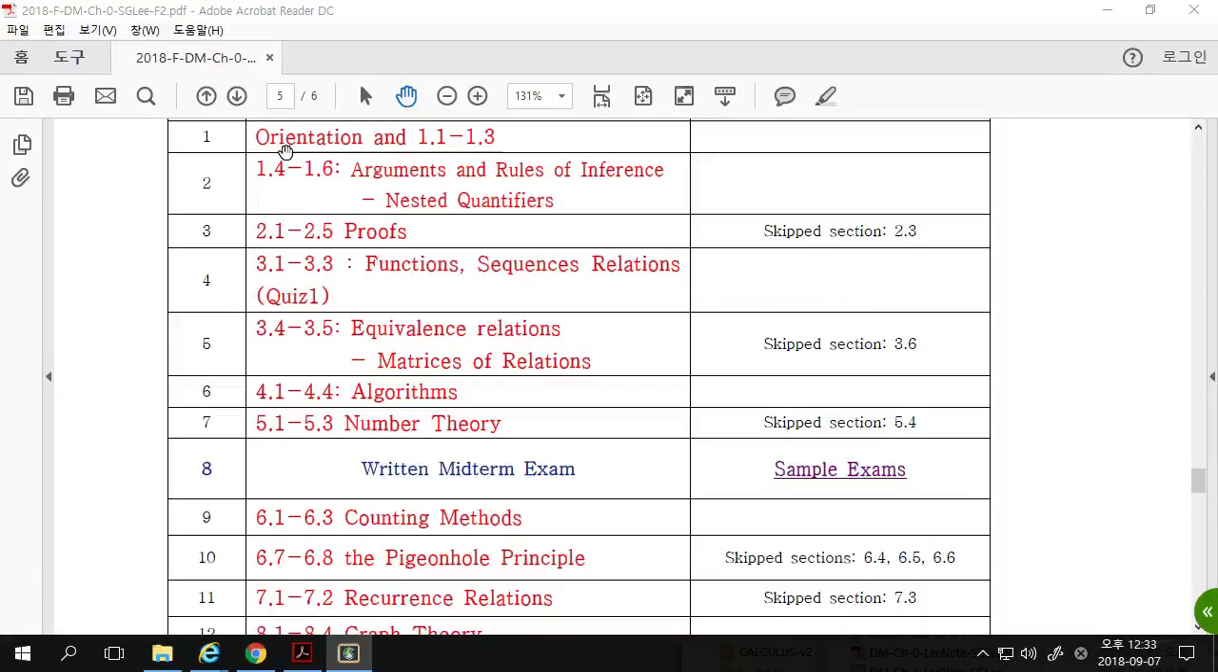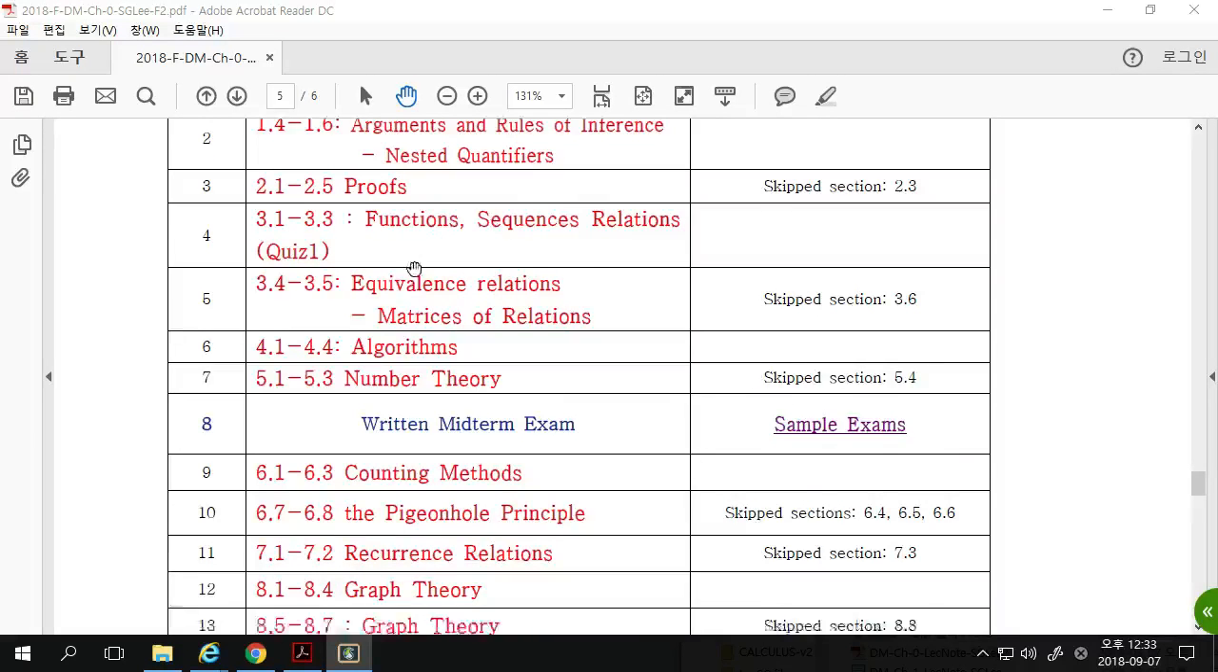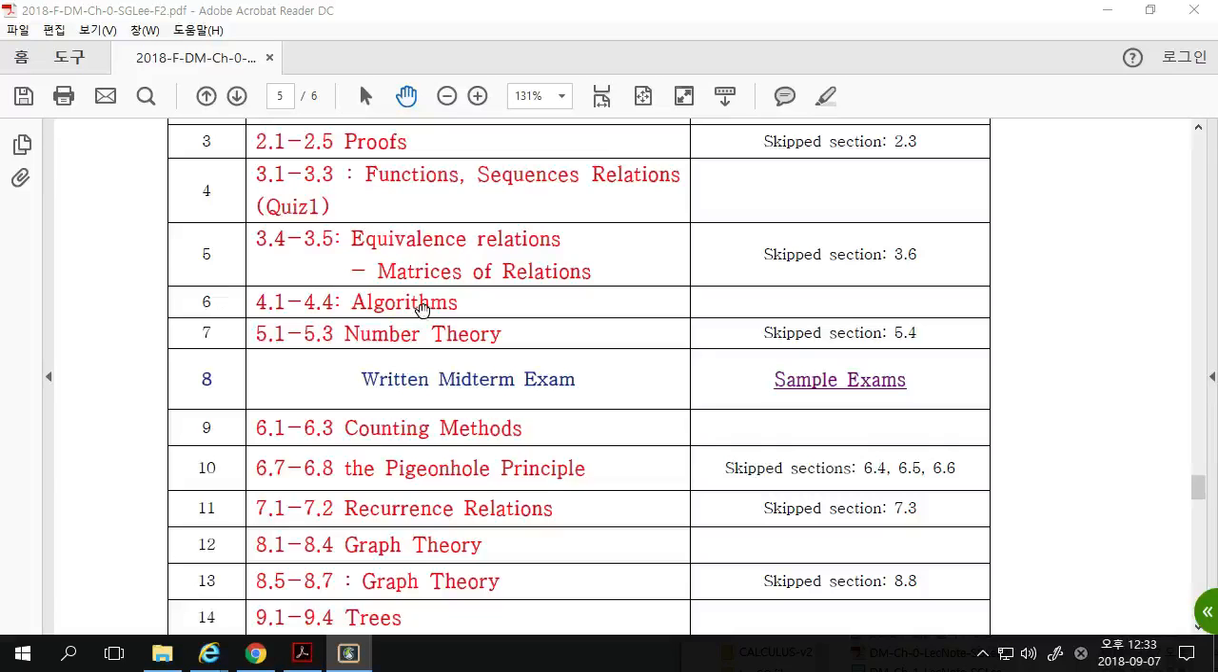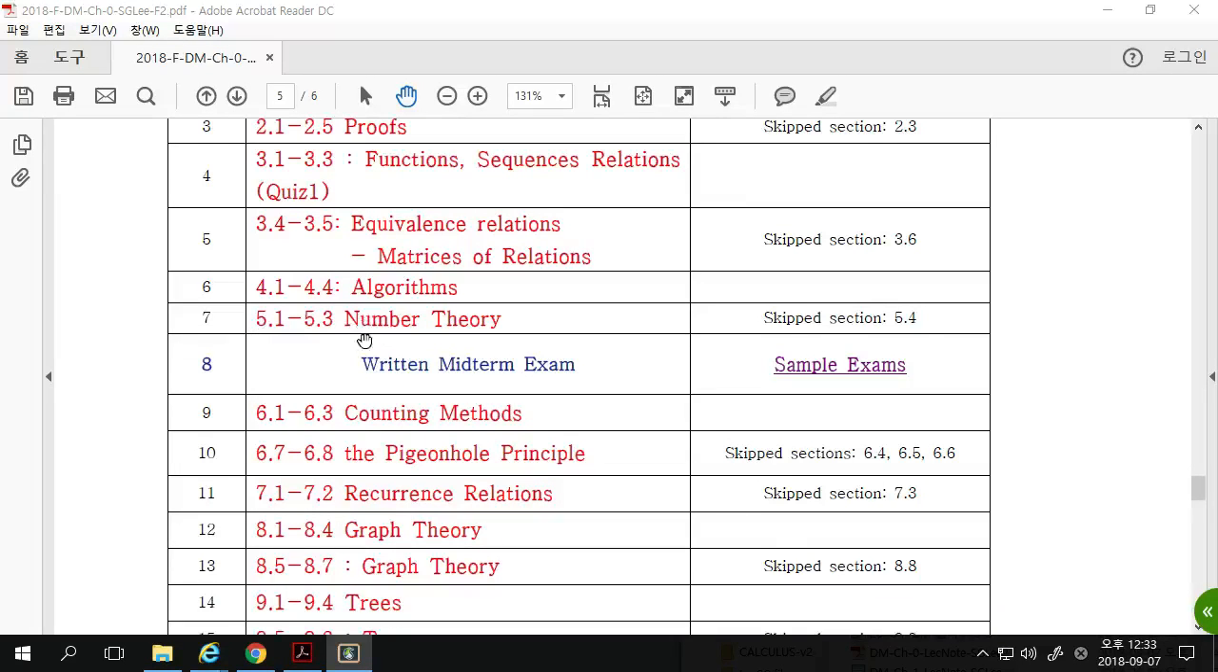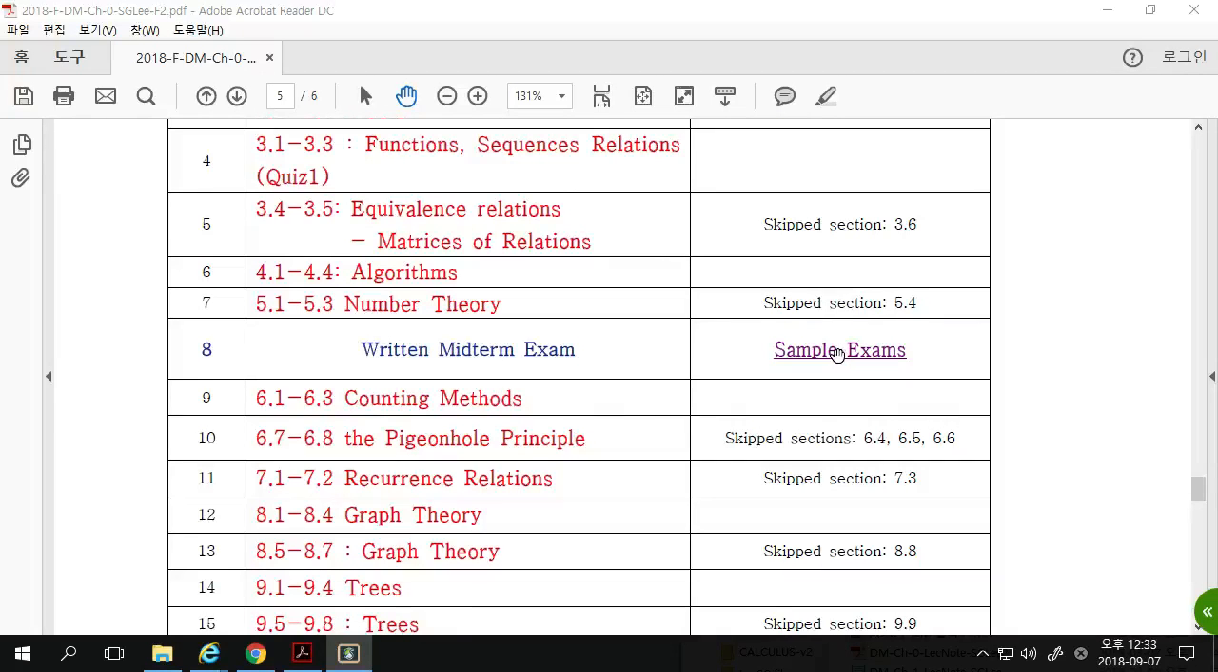First week we will have an orientation and a review of the sets and logic. Second week we will finish up chapter 1. Third week we will cover chapter 2 and chapter 4. Fourth week, sixth week chapter. And after chapter 5, we will have a written midterm examination for the first 5 chapters. Okay, here's a sample exam that you can